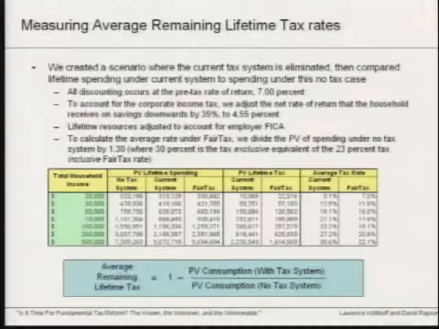And the final tax rate that we measured in this paper was the average remaining lifetime tax of these households. And we wanted to do that because, obviously, all of this in the end was to compare it to the fair tax as well, but it was important just to get an idea of this for the regular tax system to begin with. Now, some of the fair tax details include an elimination of the corporate tax, so we needed to somehow get at that.